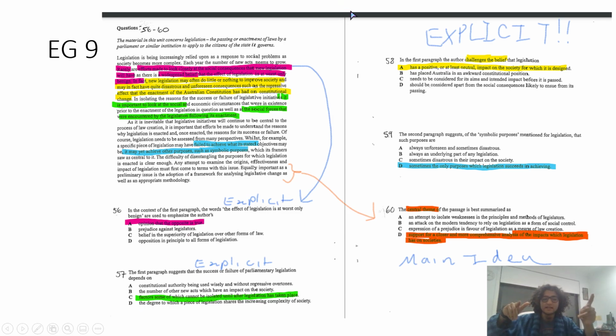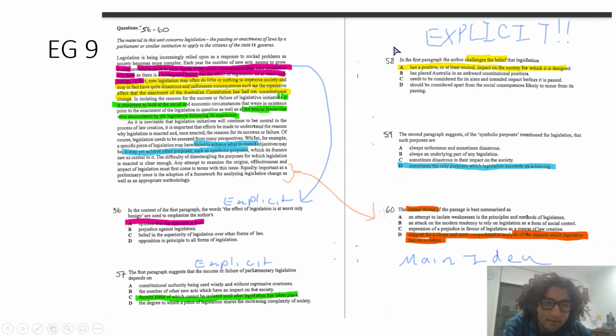We have explicit, easy evidence. So this whole thing, everything was explicit evidence. It directly just tells you the answer. Isn't that good? So it is important to look at the social circumstances that were existent prior, as well as the social forces that were encountered by the legislation following its enactment. So it's important to look at the social factors after the legislation was implemented to see if it's effective. Hey, that's exactly what C is talking about. Factors, some of which cannot be isolated until after the legislation has taken place.